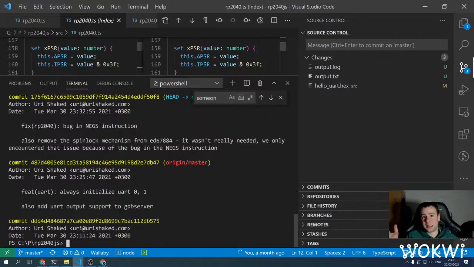I guess that's the more interesting peripheral that the Pi Pico has. Or if you have any other suggestions, just hit me on Discord throughout the week and let me know what we should do after we release this, organize the code and release this very first version of the